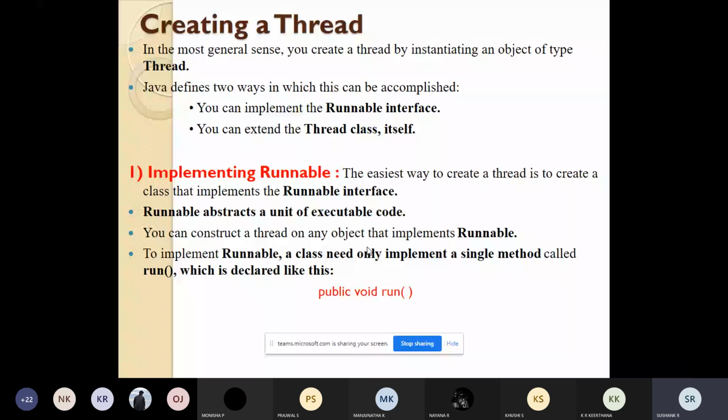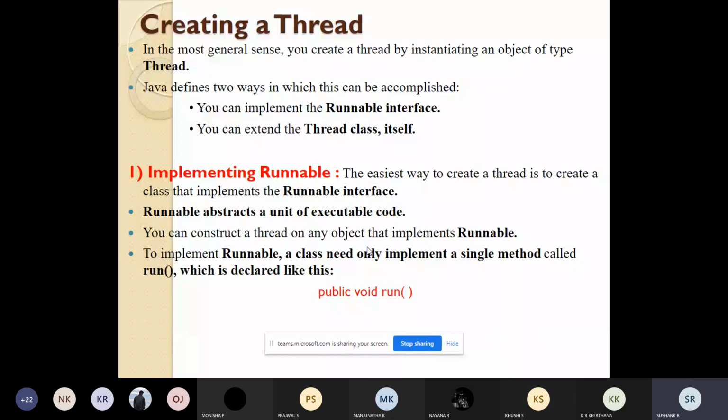All these constructors we will see when we are implementing this, when we are doing the program based on this concept. Once the thread is created, it will not run until you call the start method. There is a function called the start function. You have created the thread, but the thread will not start running until you start it. How can you start the thread? By using the start method.